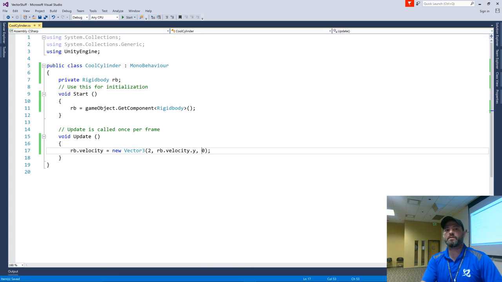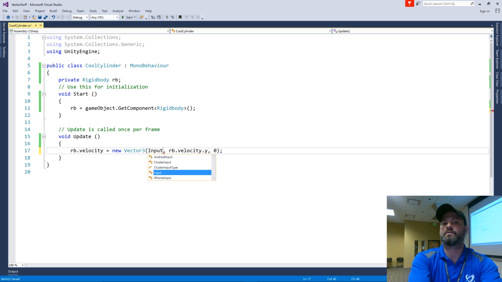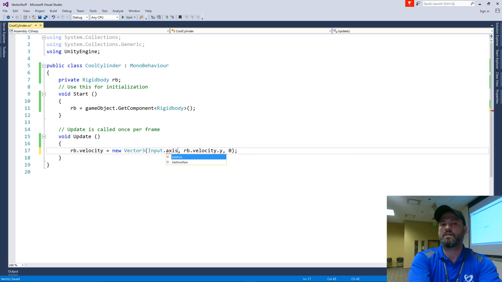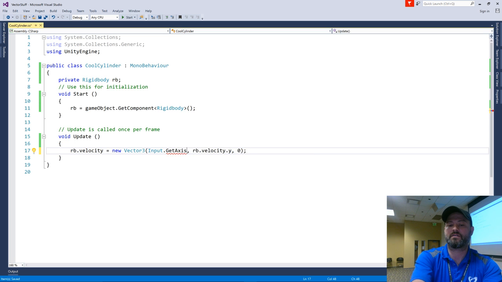All right, so here's where the kind of fun parts come in. I don't want to move on just the x, right? I want to move in the direction I'm facing. Yes, I want to be able to use input to actually move this character around and not just say move to the right always. You may want to do that at some point in time. So to do that, I'm going to say Input.GetAxis, and this is the x component.